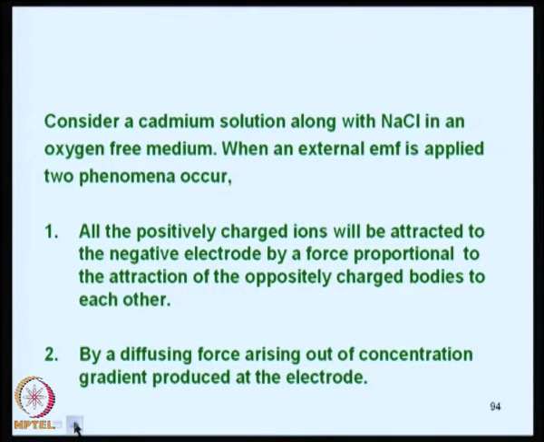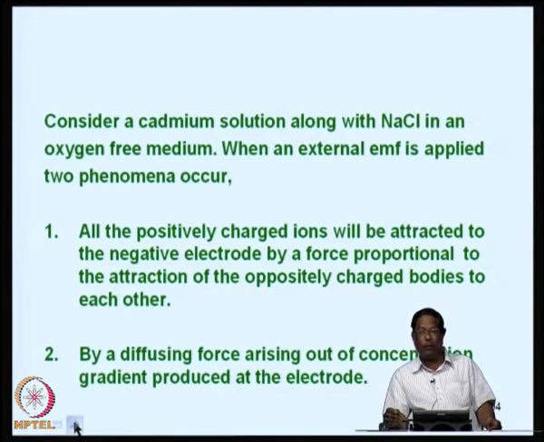One is, all the positively charged ions will be attracted to the negative electrode by a force proportional to the attraction of oppositely charged bodies to each other. It is a very natural phenomenon. All the positive ions will travel towards the negative electrode and negative ions will be traveling towards the positive electrode. So, this phenomenon is very simple to understand, and the second phenomenon that occurs is a diffusing force